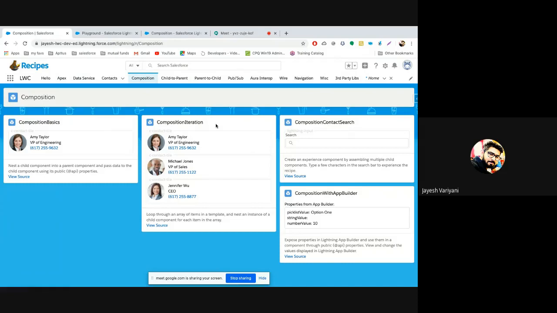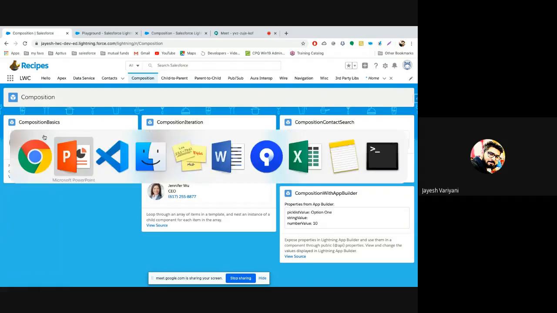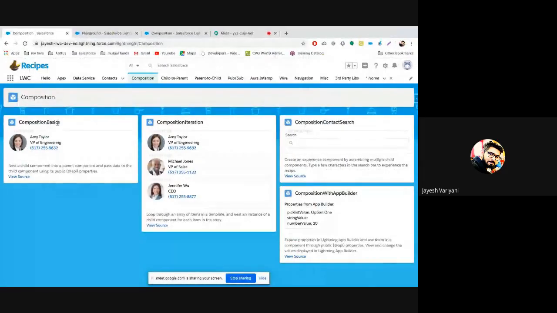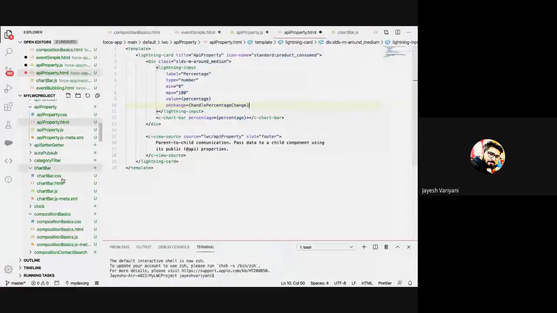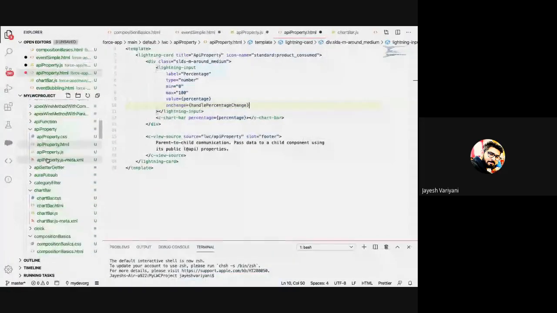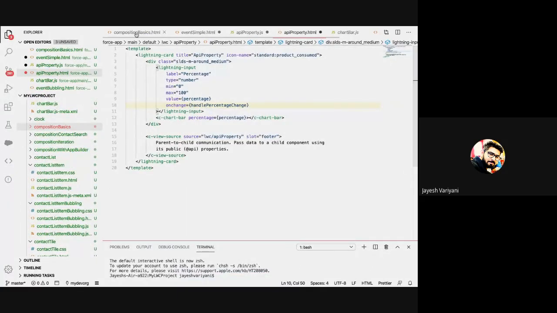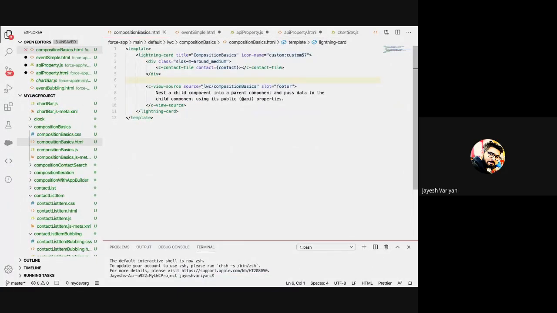Similarly, this composition iteration is the main one component. Friends, I'll just go to this code. Composition basics is our parent and c-contact-tile is our child. In the composition basics HTML, it has just a title of composition basics, and then we are calling the contact tile component by passing the contact, whatever contact we need to display the details of.